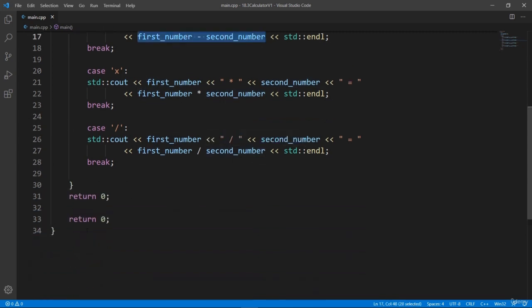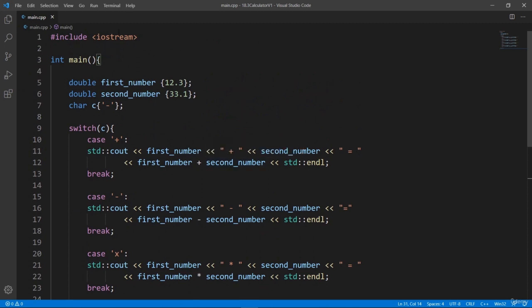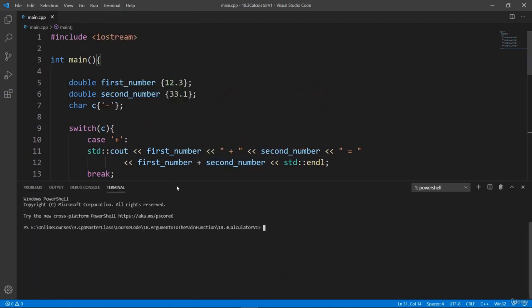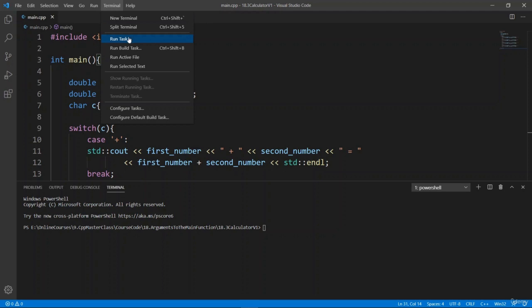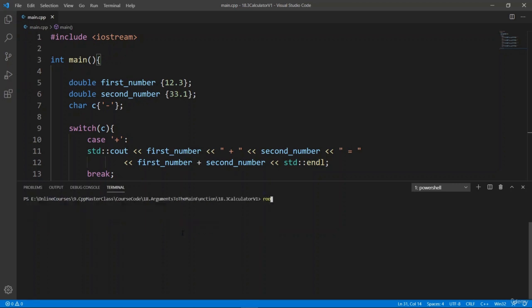This is a simple program. We have to return zero here. Let's check this out. This is a simple program and it is a valid C++ program. We can try and compile it. Let's bring up a terminal so that we can run it. And we're going to use GCC to compile this. The build is good, so we can clear and run it now. You're going to see that it is going to do a subtraction between 12 and 33, and it's going to get minus